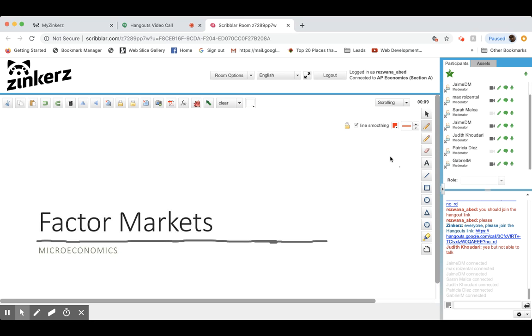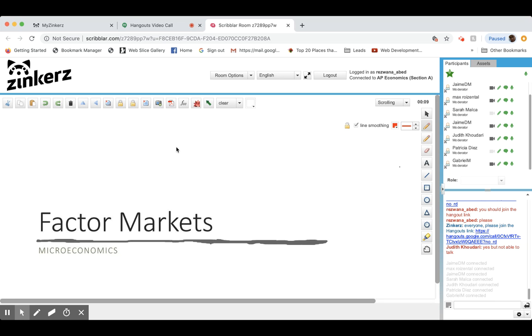What's great is that we're almost at the end of micro. We finished. We came a long way. And today we're just talking about factor markets. This is one of the larger topics that we have to finish with micro. But after this, we only have public goods and externalities, and they're relatively short. So we're almost at the end line, and you guys have been great so far. So let's get started with factor markets.